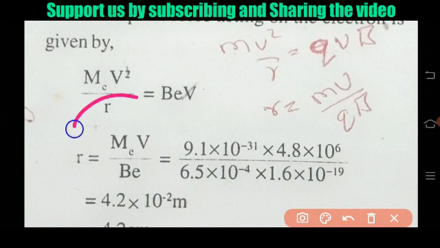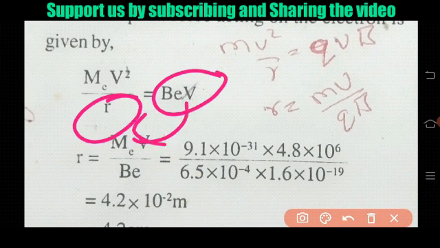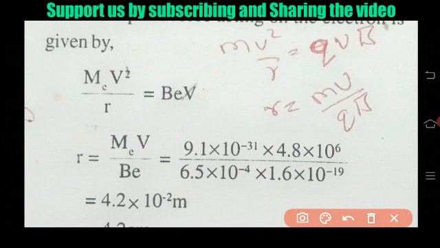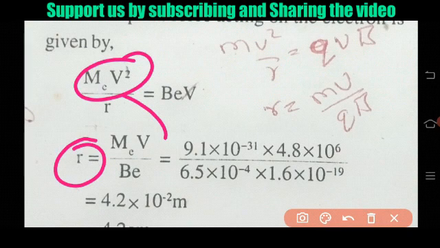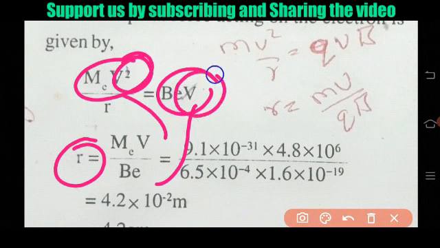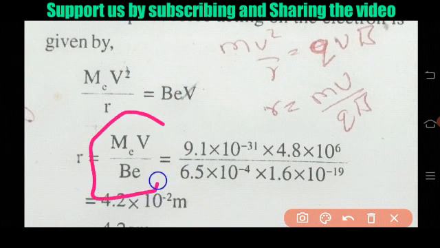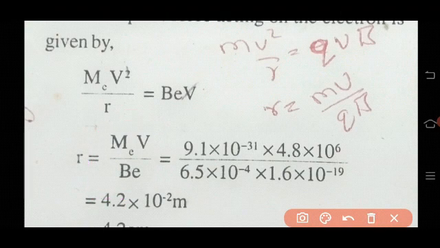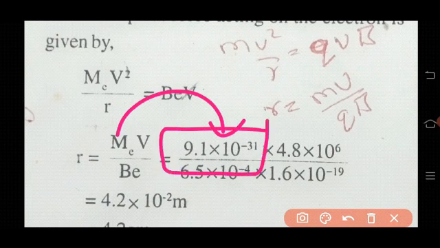So what is r? You have to bring it to the denominator, so that r equals m v square by B e v. Here v square is there and one v is there, so one v gets cancelled, therefore r equals m v by B e. Here m_e is a single term, the mass of the electron. Don't cancel it with e, which is the charge; you have to multiply by the charge. What is the mass of the electron? You should know this value, 9.1 into 10 to the power of minus 31 kg.